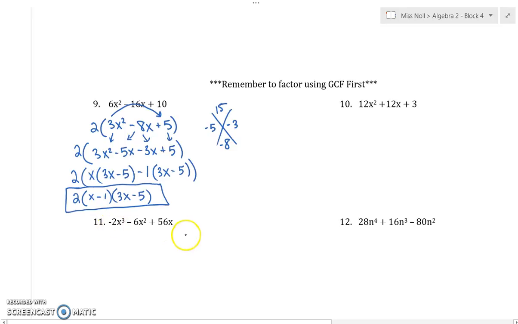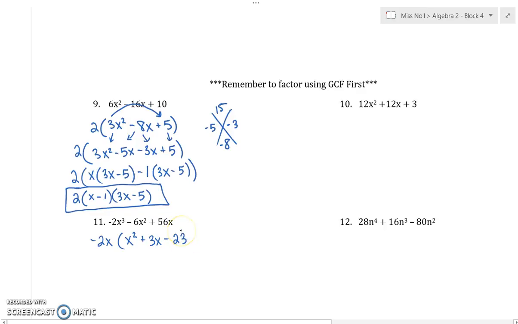Like for number 11, the coefficient in front of the highest exponent is negative 2. And notice that all these values have an x as well. So we want to make sure that we factor out the full GCF, which in this case would be negative 2x. And make sure you take that negative out. So that would leave us with x squared plus 3x, and then 56 divided by negative 2 would be